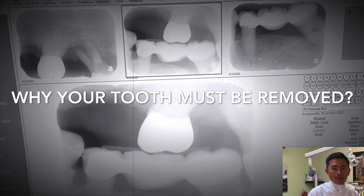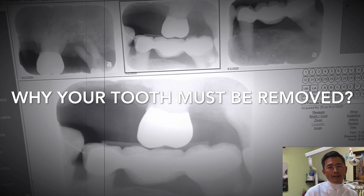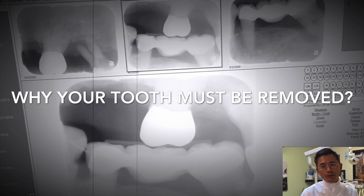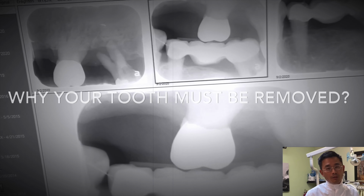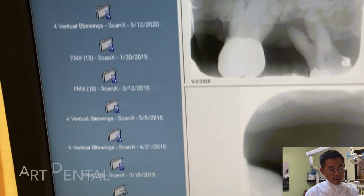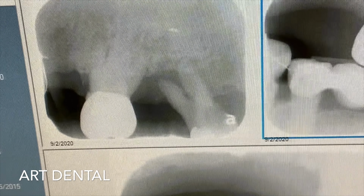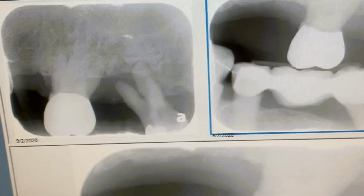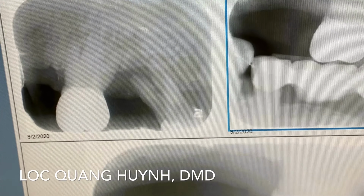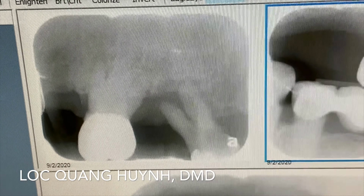Really quick video on how you look at the x-ray and inside a patient's mouth and what you would recommend a patient do. In this case, I have several x-rays from the past, but this is just an x-ray of tooth number 14 and 16. The tooth is really loose, and sometimes patients still want to keep it, and this is how you show the video,